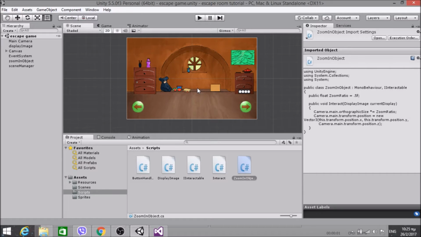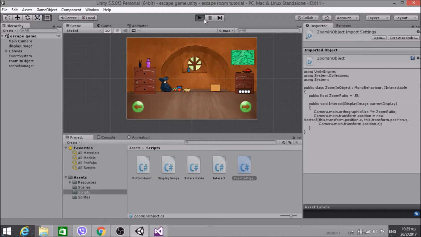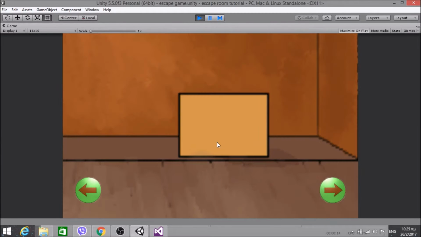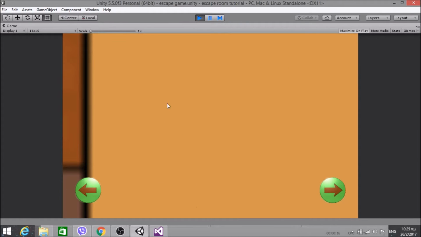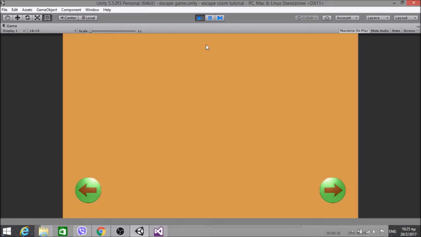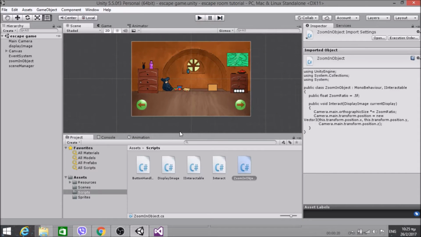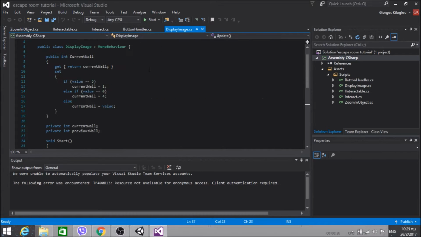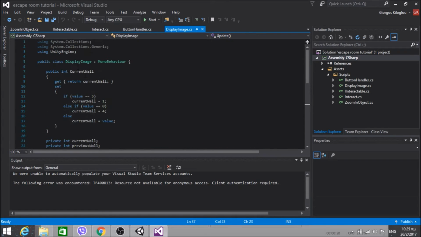Okay guys, this is Flag Games, and now we're going to speed things up a little. So let's see what we've got so far. We hit play and we only got this navigation and the zoom in. But we can return. And you see if I click again I keep getting more zoom. So what I'm going to do is go here to the display image and I'm going to create